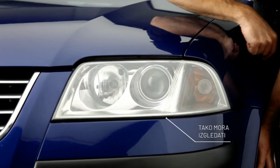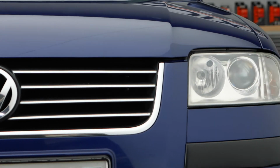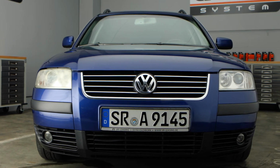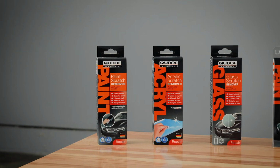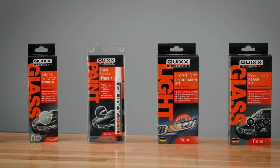Perfect! It's gotta look like this, without expensive workshop repairs. Professional results on the cheap and the unbeatable feeling of having done it yourself with the professional do-it-yourself solutions by